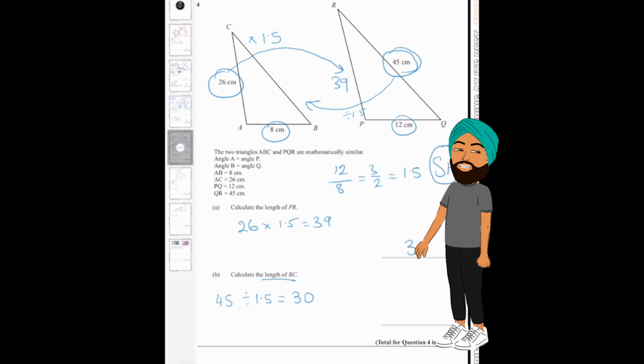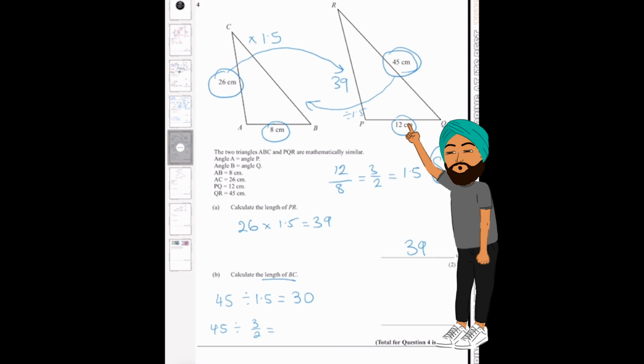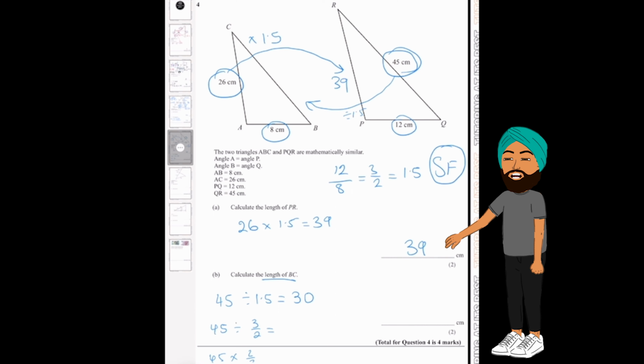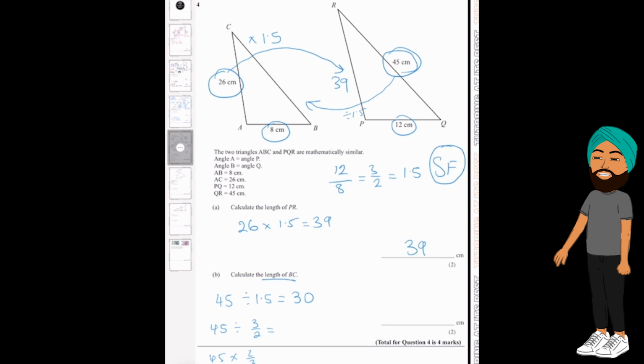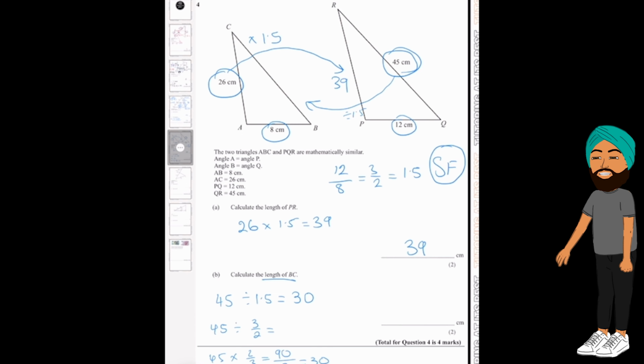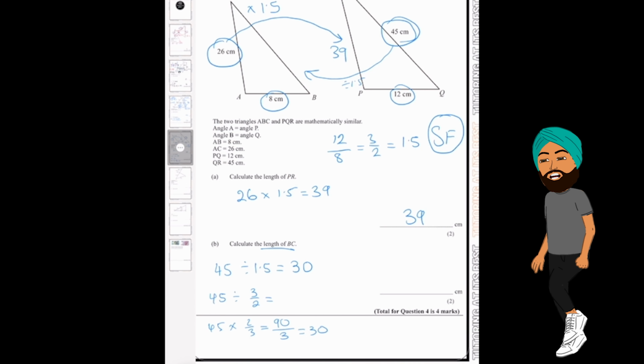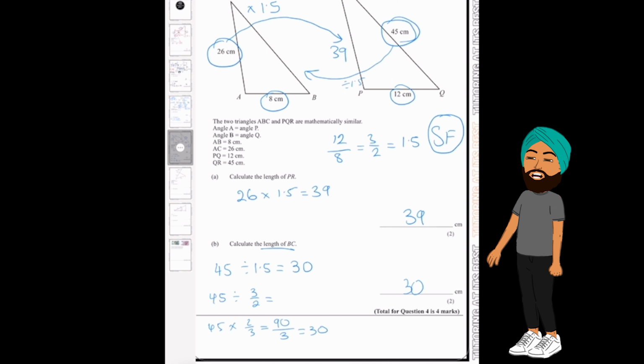And again, if it's easier for you to do this in a fraction, feel free to have 45 divided by 3 over 2, where you keep it, you change it, and you flip it. So 45 times 2 is 90, divided by 3 is 30. And there we are. 30 is our answer. So again, that could be your method 1 or that could be your method 2. It still will give you the same